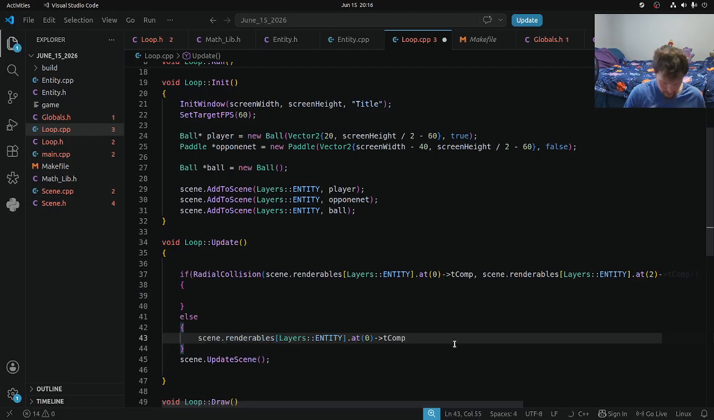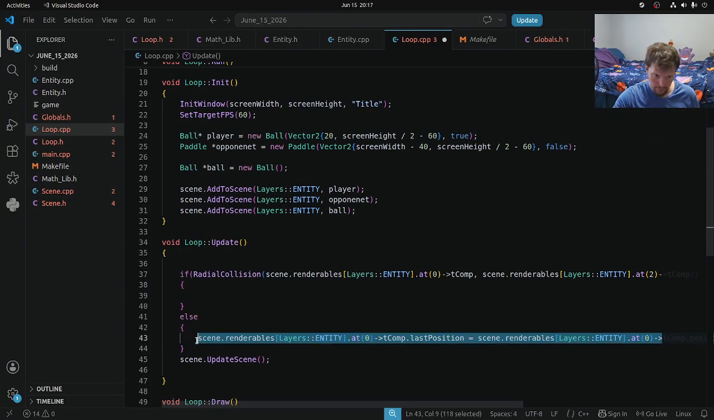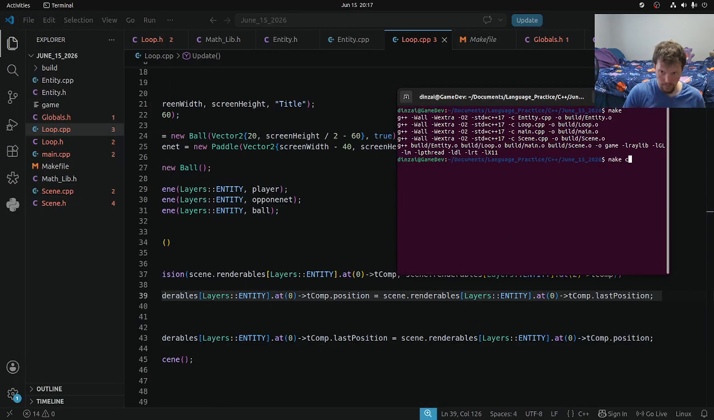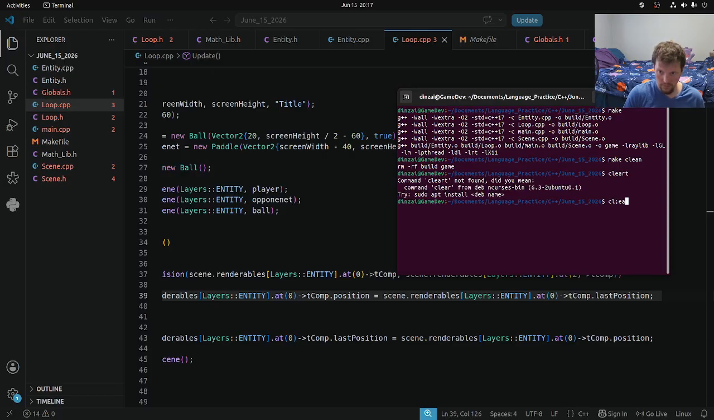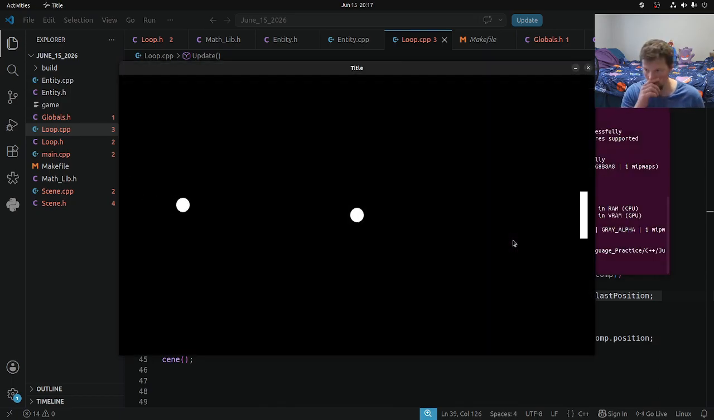So if that is not the case, I want my last position to equal position. Otherwise, I want this whole thing here. Position is that, last position is this. Save, make clean, clear, and make. Alright, certainly harder to write when it's a long thing like that,